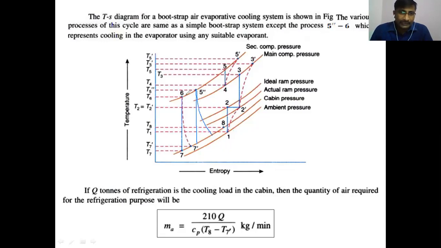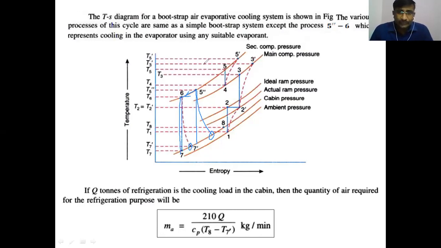But here, after the second heat exchanger, the evaporative vessel is provided. Due to that evaporative vessel, the air is further cooled at constant pressure from 5-6. After this further cooling, the expansion takes place in the cooling turbine. The function of the evaporative vessel is to reduce the temperature after expansion. When compared to the bootstrap air cooling system, the temperature of air is very much less.